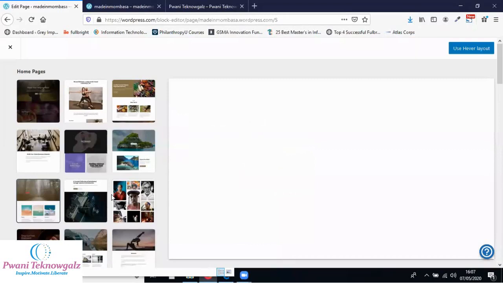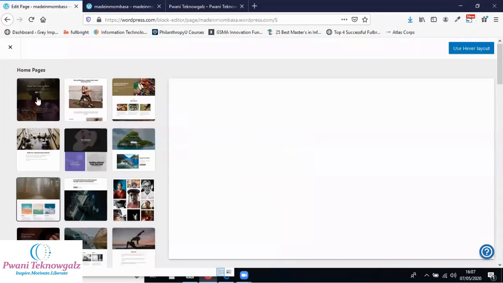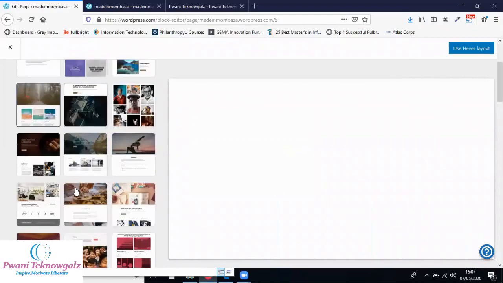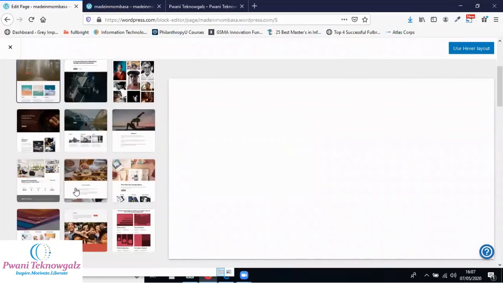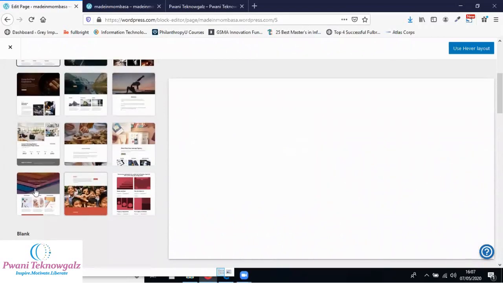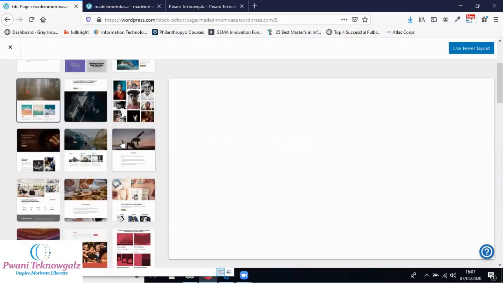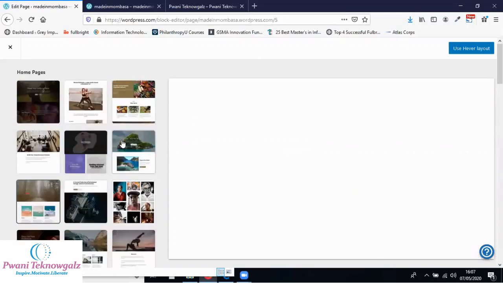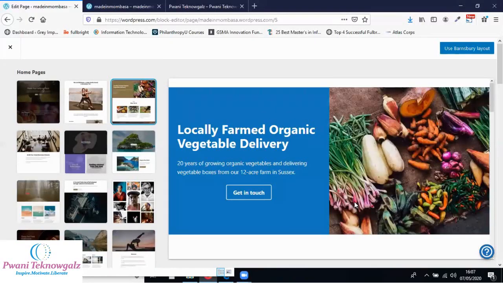You can always pick the one that you prefer. So we have first, second, third. These are different designs you can use for your home page, depending on what you want. So you can pick this, or this, or this. I don't know which one I can pick here. Maybe I can pick this one. This one looks beautiful. So when you click on that,